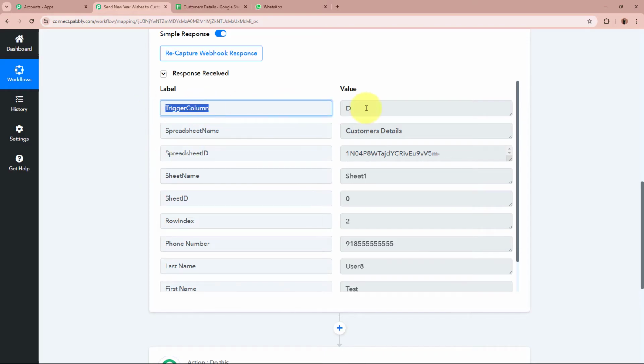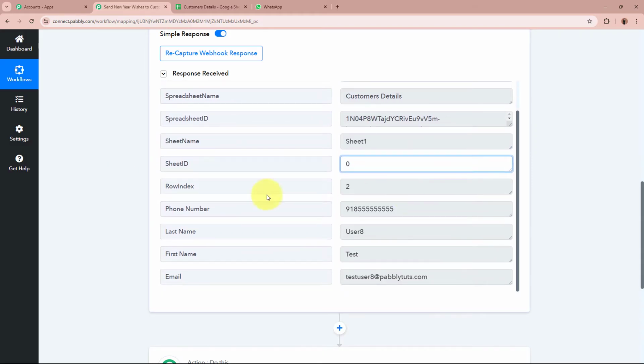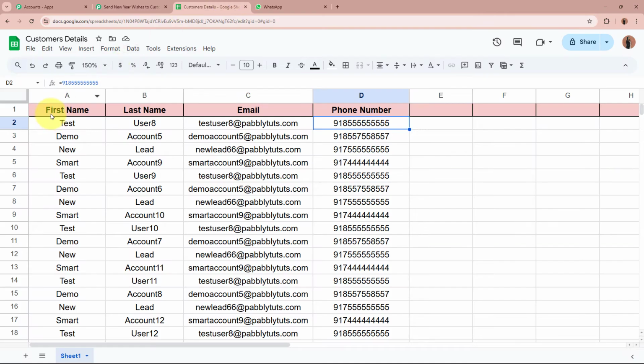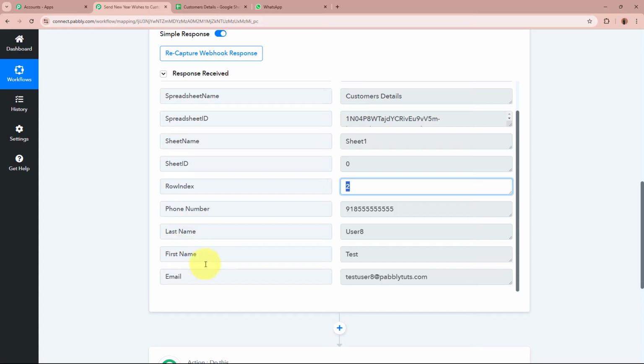The trigger column we have selected as D comes over as D, spreadsheet name as customers details. This is the spreadsheet ID you can see right over here. Sheet name is sheet1 right here, okay? Over here for the row index, it comes as 2 because this data is captured from the second row right over here, okay? Over here, the first name comes as test, last name as user8, email as testuser8@pabblytudes.com with a